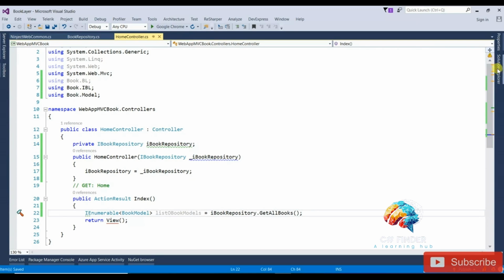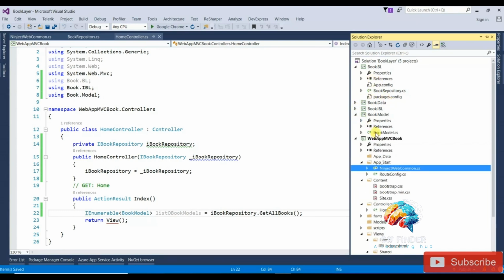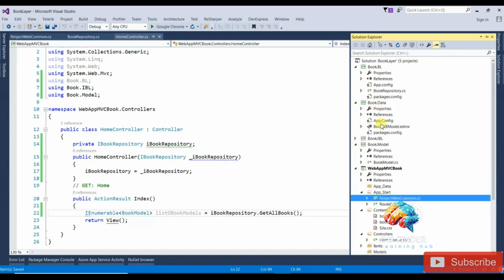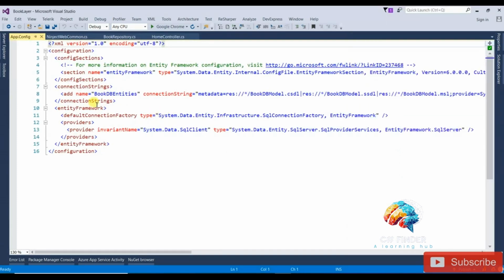Next, if you run this, you will get an error because some more configuration needs to be done. Open your model, go to data, and copy your connection string. So your connection string is this. Copy this one